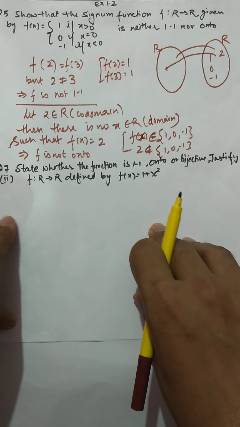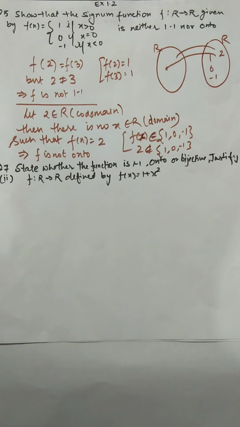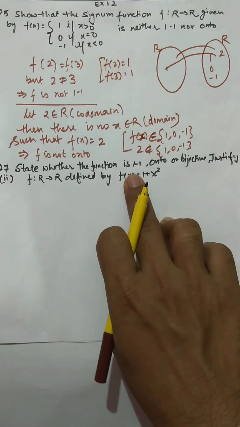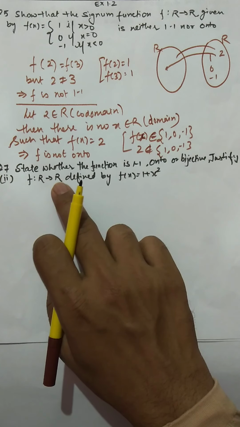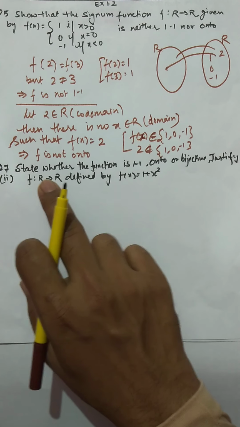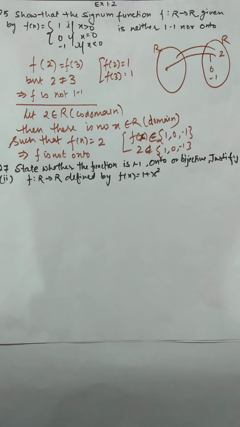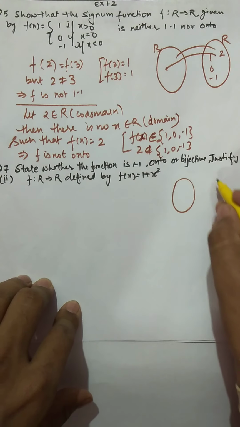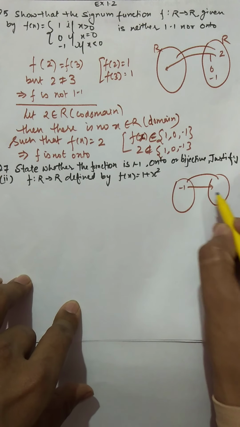onto. Now let's start the seventh question's next part. State whether the function is 1-1, onto, or you can say bijective also. Justify your reason. This is the second part of question number 7, f from R to R defined by f(x) equal to 1 plus x square. So if you want to show this is not 1-1, you have to think of some example. So the example I'm taking now, you see here, if I take -1, the image of -1 is going to